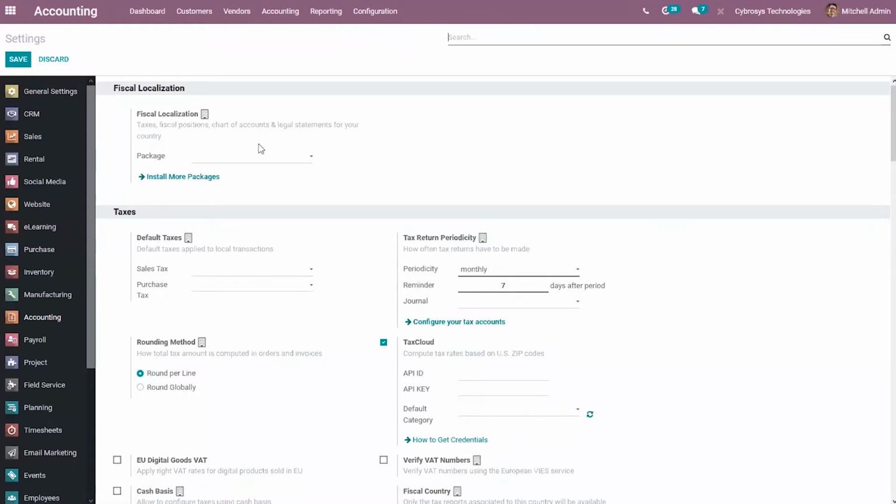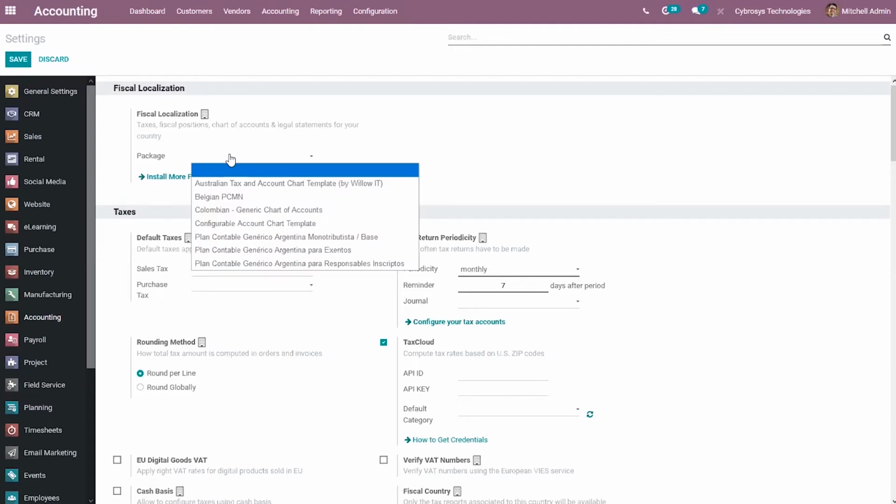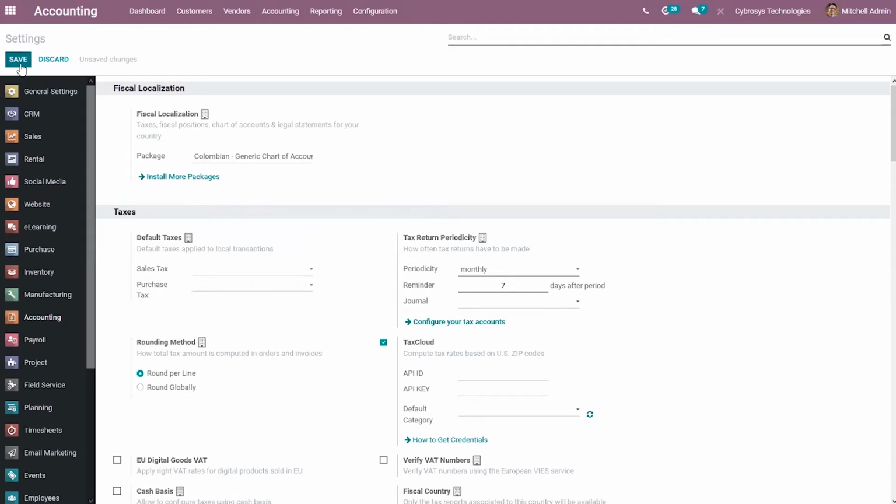So taxes, fiscal position, chart of accounts, and legal statements for your country can be set. From here, we can find the Colombian generic chart of accounts. Just choose that and save the settings. If you haven't installed the packages, you can install them by clicking on this link.